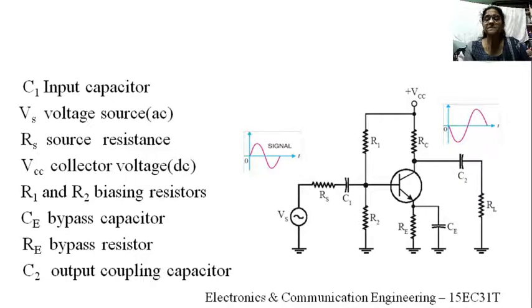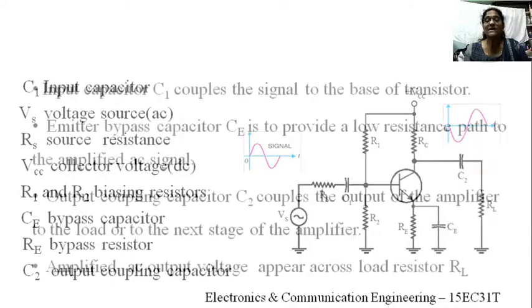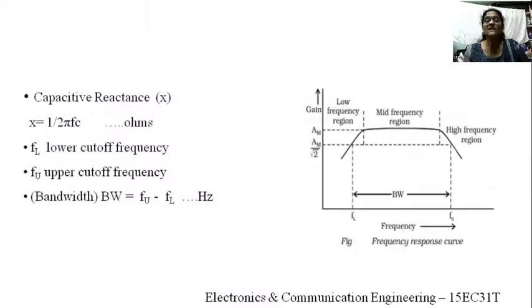And we'll see the bypass capacitor. What about the bypass capacitor? If the reactance of the bypass capacitor is very high at low frequencies, what happens? All the amplified AC signal will pass through RE at that time. So the voltage drop will be higher there. A higher voltage drop means the output AC amplified signal will be lower. So the output voltage is lower, which means the gain is also lower. Therefore, in the frequency response at the lower frequencies, the voltage gain drops due to the coupling and bypass capacitors.